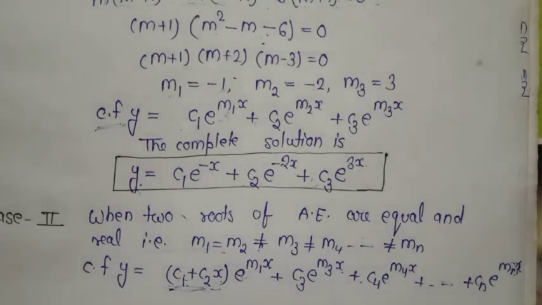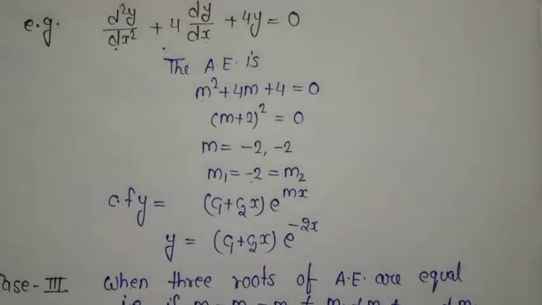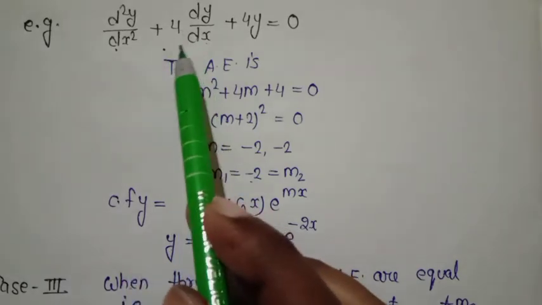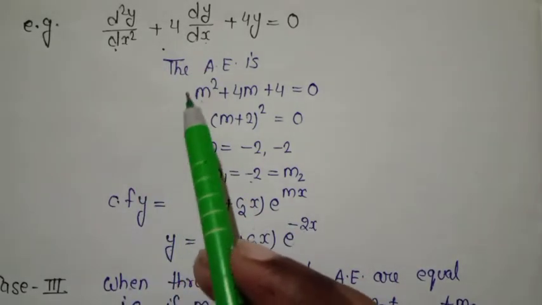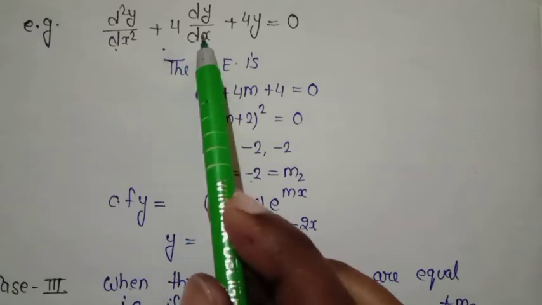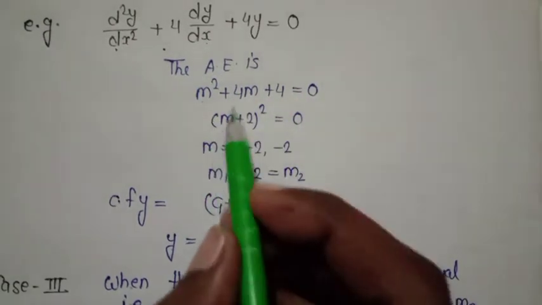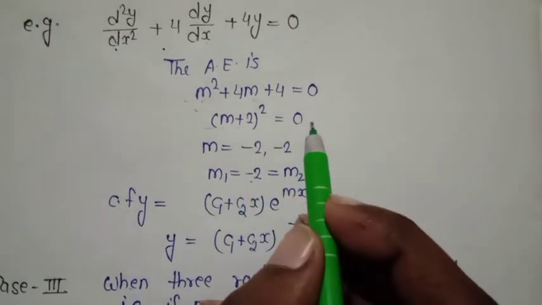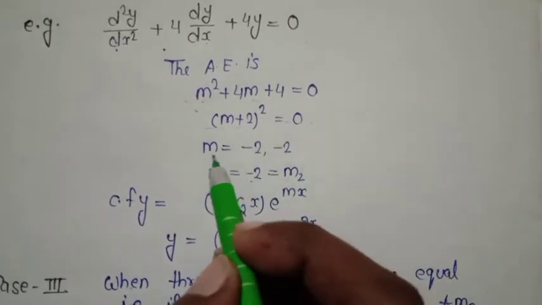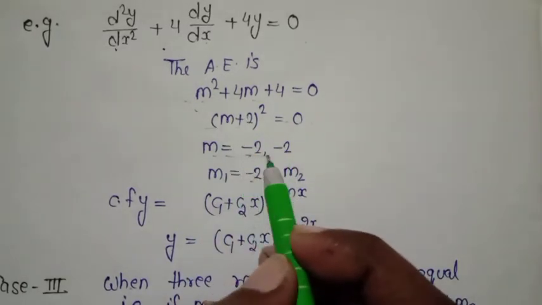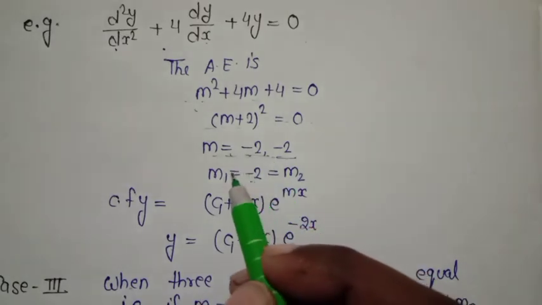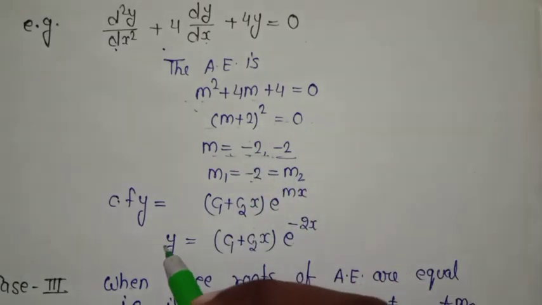So I am going to take one example to show how to apply this method on a differential equation. This is our next example, and if I write the auxiliary equation for this differential equation, we will put again dy by dx is equal to m. In that case this becomes m square plus 4m plus 4 is equal to 0, and if I solve it, this is simply (m plus 2) raised to power 2 is equal to 0. If we simplify this, we get two roots for this differential equation, that are minus 2 and minus 2. Now you can see there are two roots of this differential equation and both are equal. In that case we can apply the case second here.